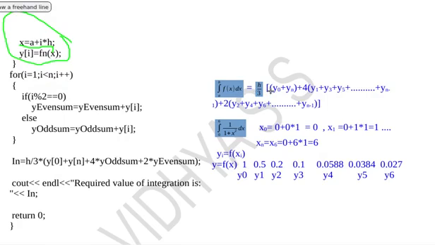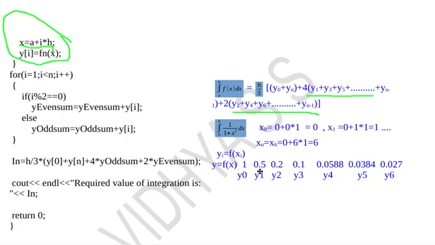If I want to calculate this formula, I need to get the value of the sum of odd terms and the sum of even terms. The odd terms start from y1 to yn minus 1, and the even terms start from y2 to yn minus 1. Here I am taking first y0 and checking whether the index is even or odd.